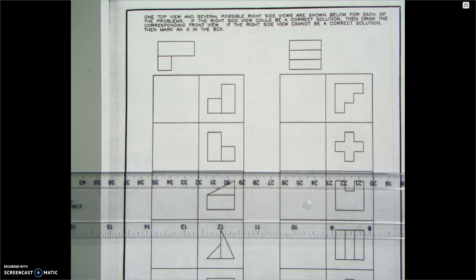Okay, so this is missing view problems. Missing view problems can be extremely difficult for people who struggle to visualize a mental object in their head. That doesn't mean it's impossible. So I'm going to go through one of these examples with you so that you can see how I think through it. All right, the very first thing I want to do is I'm going to do the first problem